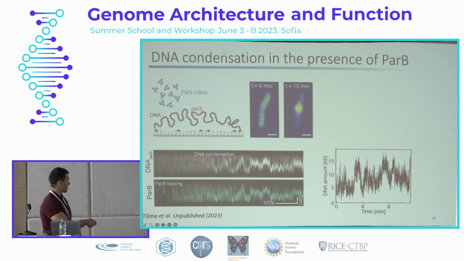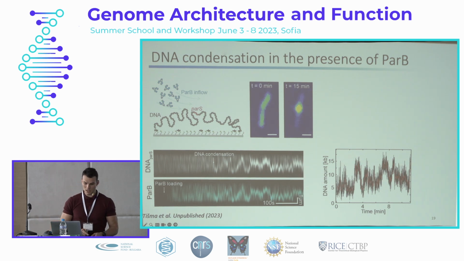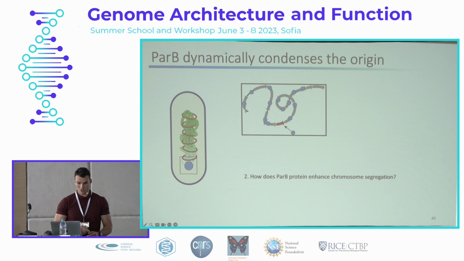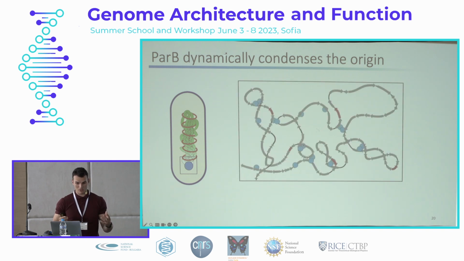If you trace this condensation spot and see exactly how much DNA is within it, we see that it fluctuates from about 5 kb, then goes up to about 15 kb, then drops down, losing 10 kb of DNA within seconds. So it's this super dynamic, fluid-like nucleoprotein complex. And so instead of just loading and recruiting, it actually connects to itself as well and condenses this origin, compacting the